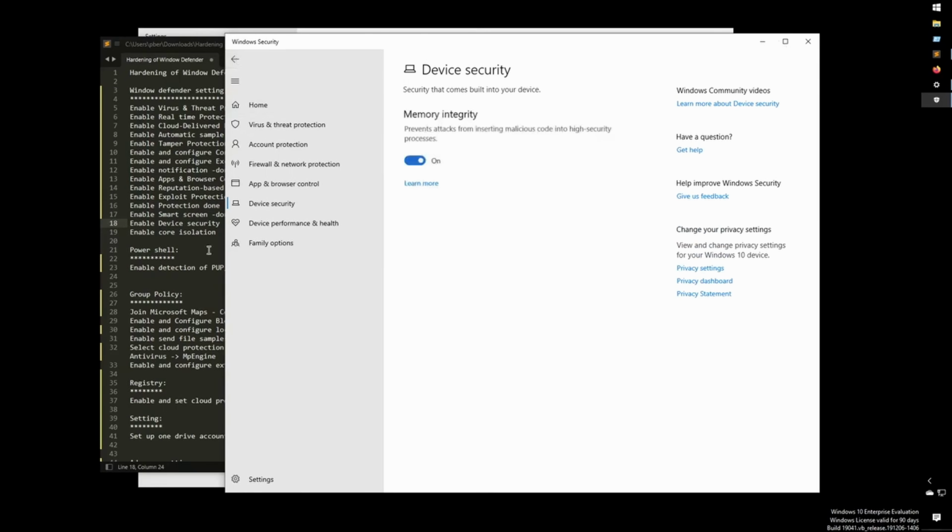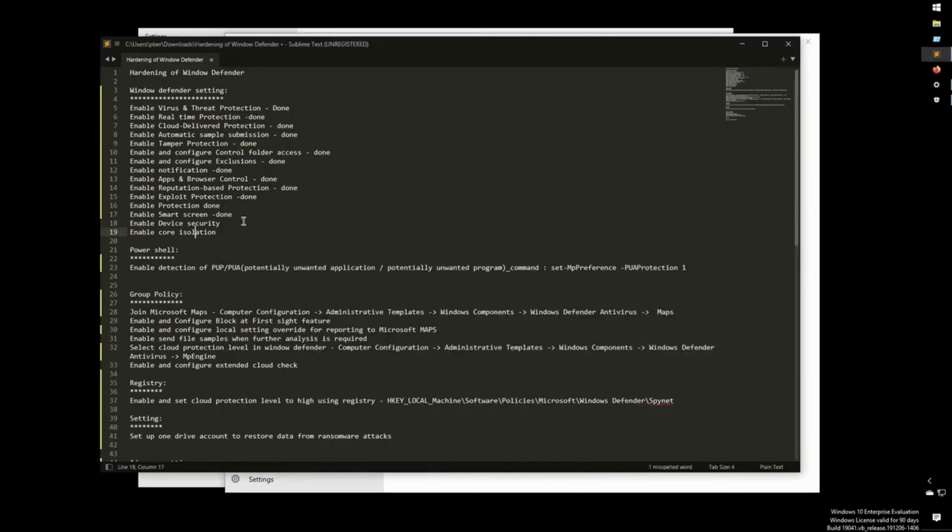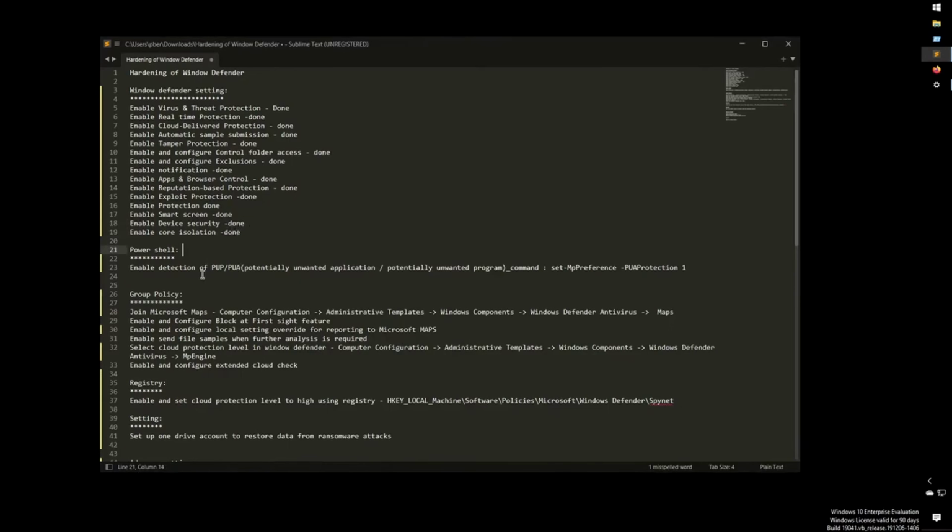Okay, so the core isolation is done. Device security is done. Core isolation is done. Okay, so now the remaining things. We need to go to